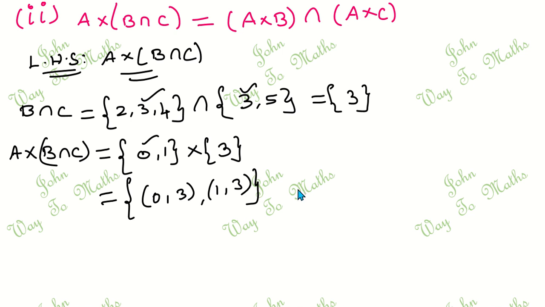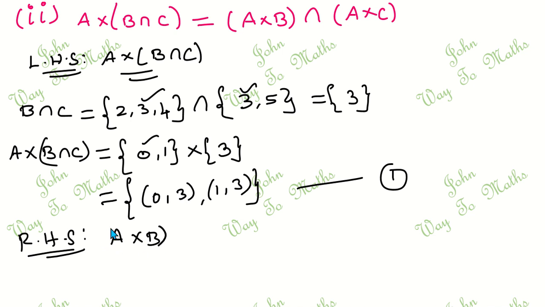So this is the LHS, consider it as equation number 1. Next I am going to choose the RHS. Here, A cross B intersection A cross C is there. So first I am going to find